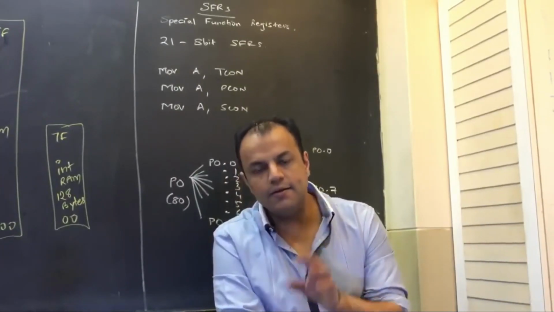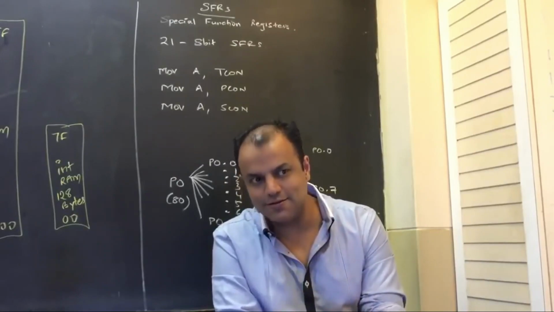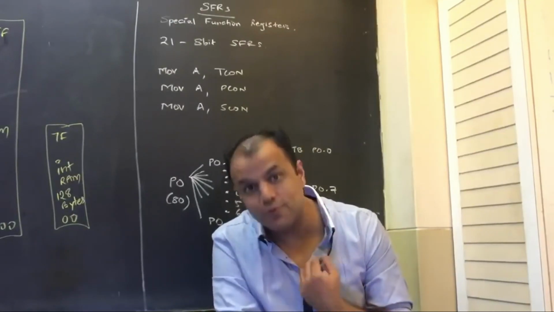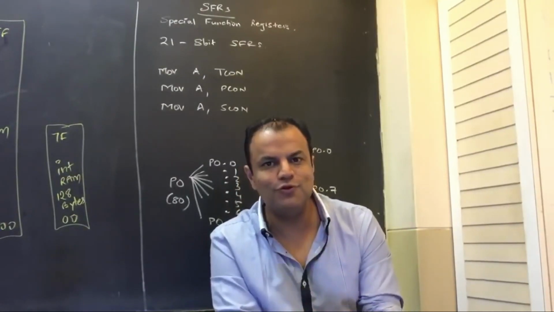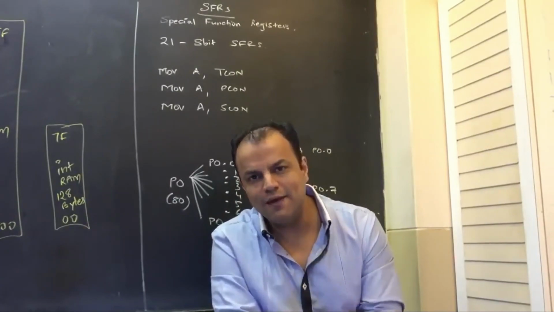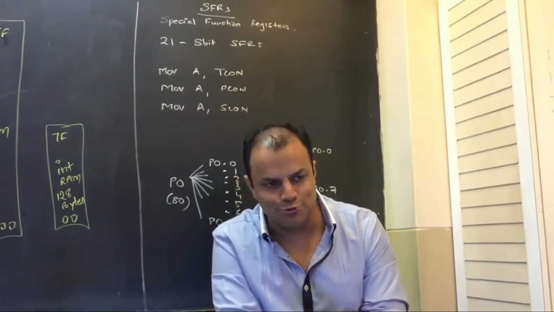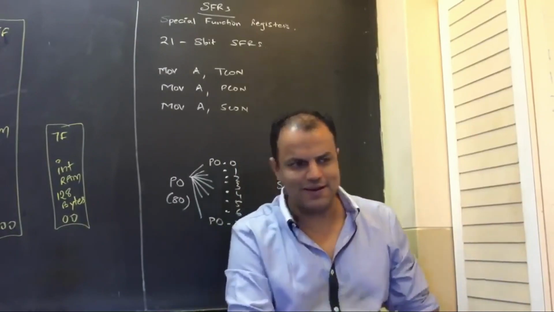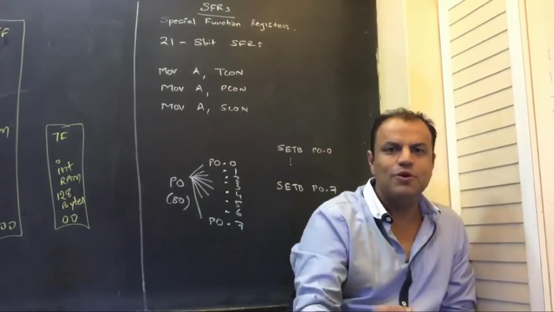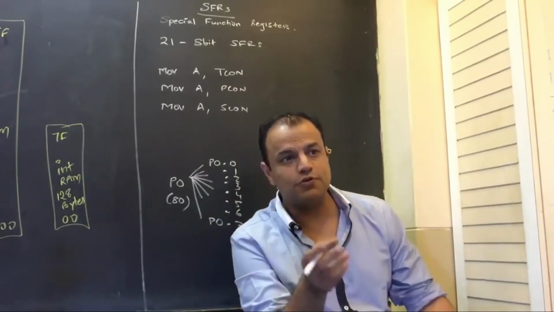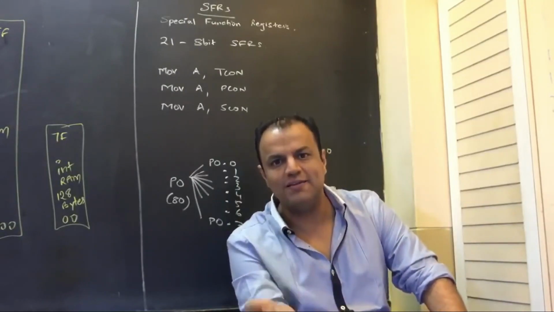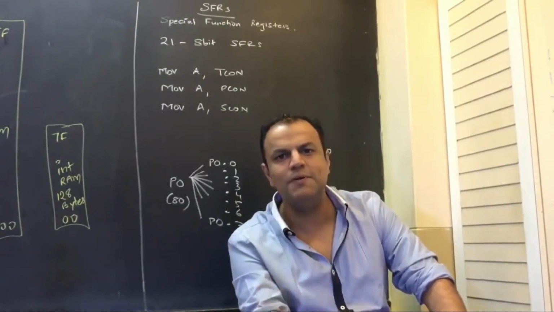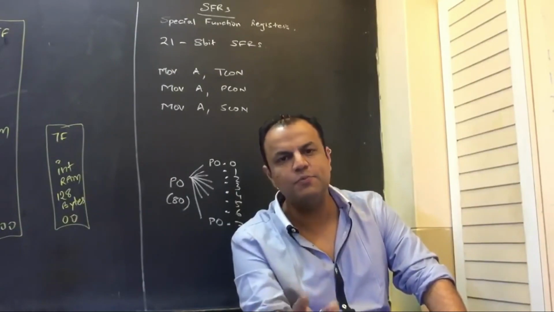Other than that, there are 21 registers also available to the programmer, but they are not used for storing ordinary values. They have some special use. If you want me to give you the whole list, I can give it to you right now. A, B, PSW. A and B are used for storing values during a program. A is the accumulator, B is used for multiply and divide, PSW is the flag register,